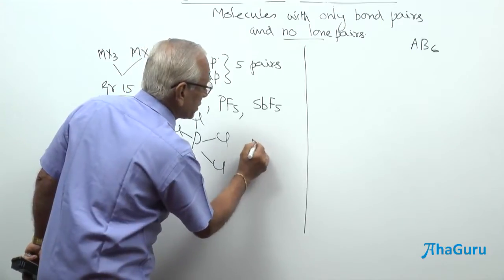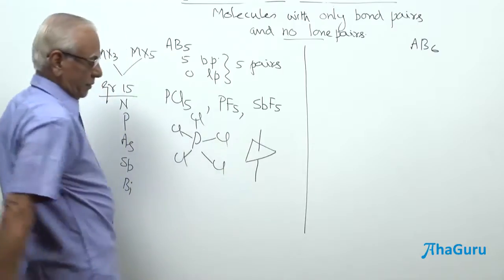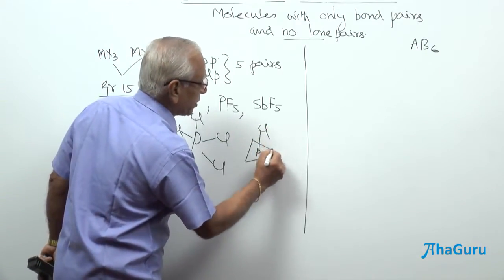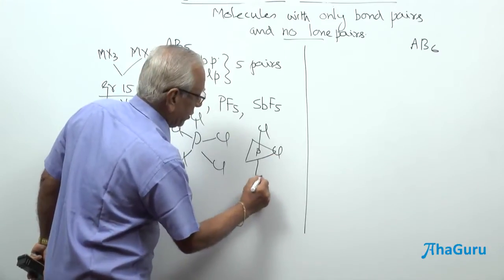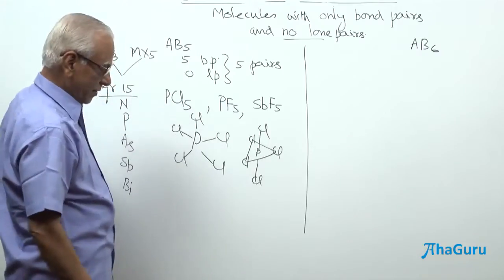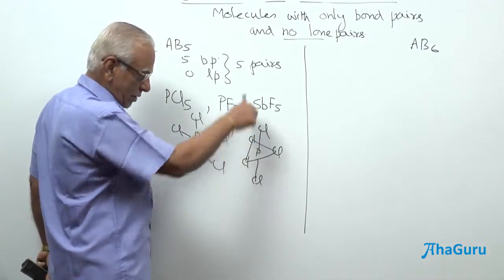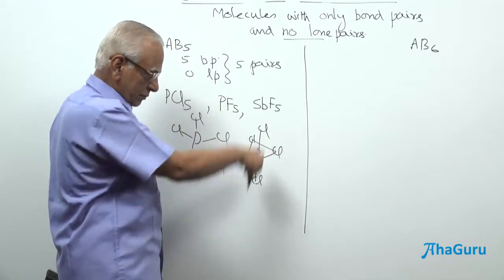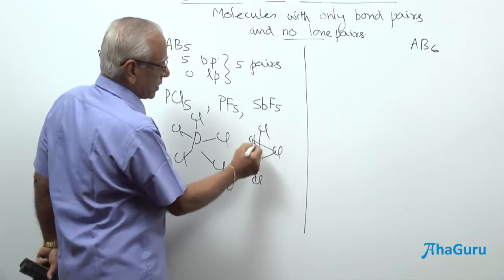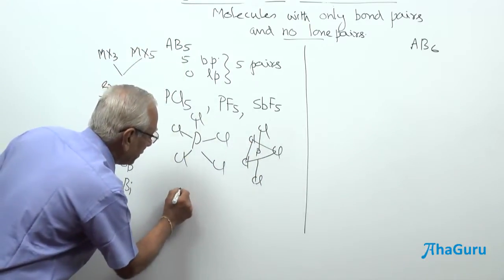My dear students, you see here, you have phosphorus. Are you able to visualize this particular structure here? A chlorine here, a chlorine here, and a chlorine here, and there is a trigonal planar, a triangle, and we have formed an axis. Now 5 corners. Can you visualize the structure here? I shall draw the structure here.